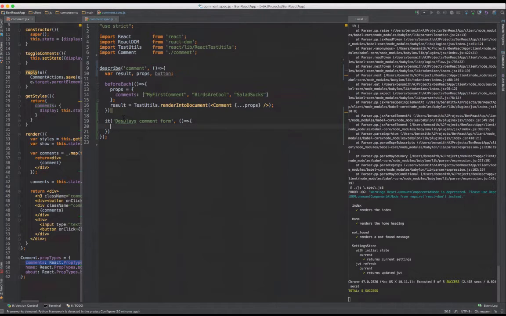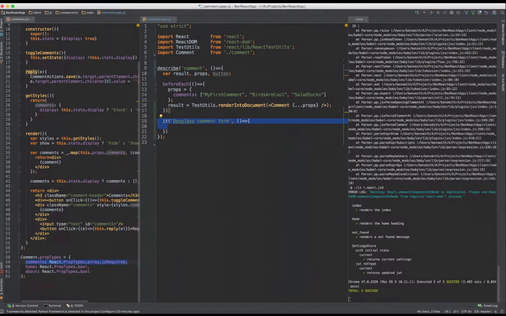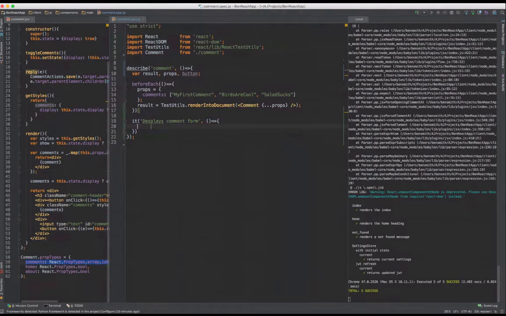And so some of the tests that we can do is we can go in and test. So we've got a heading in here, and we've got buttons, we've got an input form, and we've got a header. And so just to show you some of the different ways that you can check for that kind of stuff, we'll write a couple of those. So we'll write expect